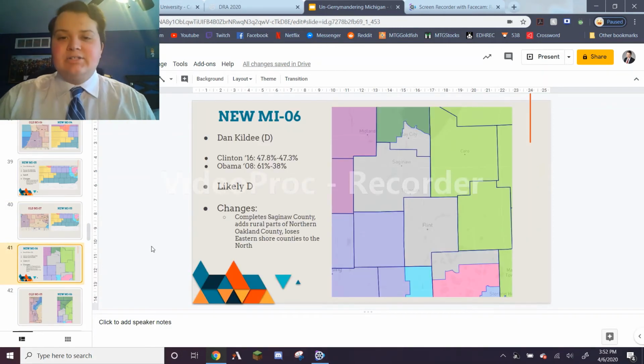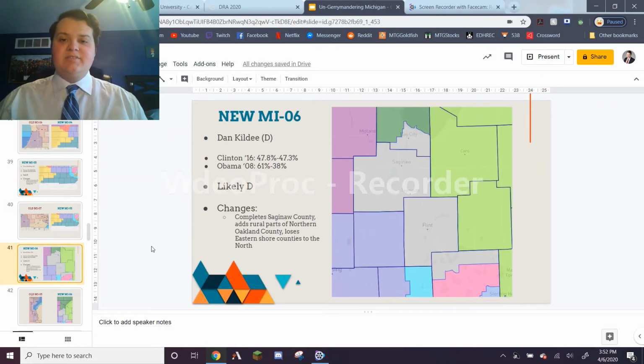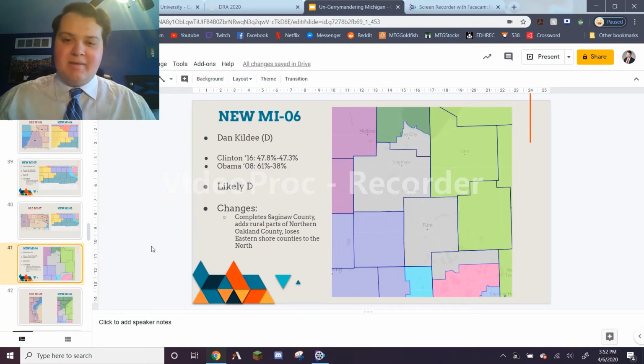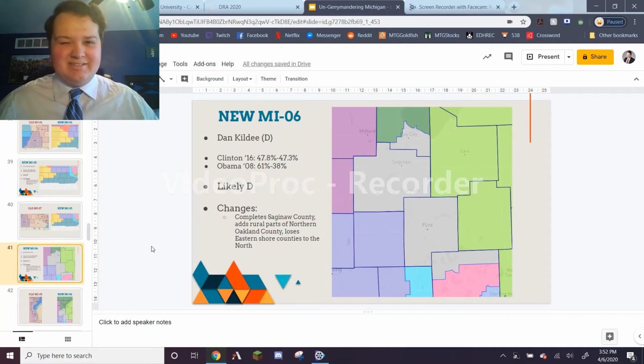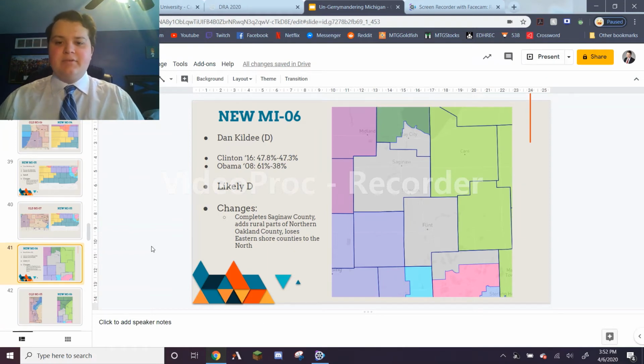Continuing now on to the 6th district, this is very similar to the current 5th. It's the district that incorporates Flint, Saginaw, and Bay City. Currently, that's represented by Dan Kildee, a Democrat. This version only narrowly voted for Hillary Clinton, 47.8% to 47.3%, so just by a hair. That's not terribly dissimilar from the current 5th district. Donald Trump did almost win that district, within a few points, I believe.